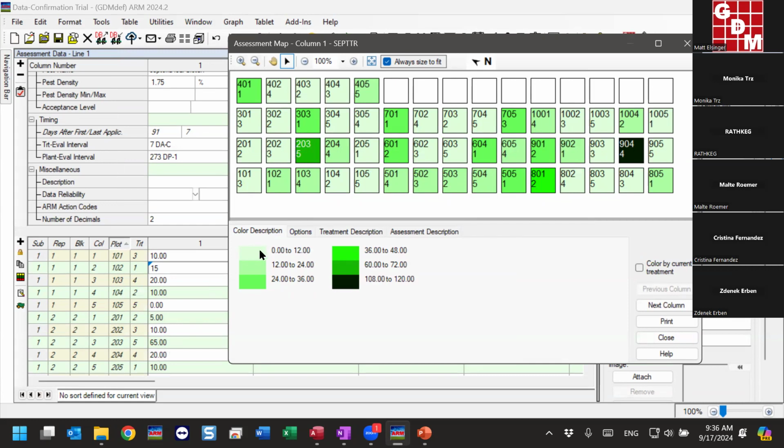So we take the smallest value, and that gets the almost white, really light green. Then the largest value that's been entered is pretty much black, and then everything's a gradient within there. So this helps us visualize the assessment for any extreme values, low or high, and really gives us some spatial patterns as well. If any sort of pattern exists in a, maybe this left half seems pretty low assessment value,